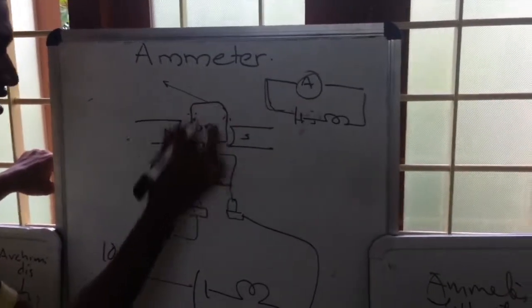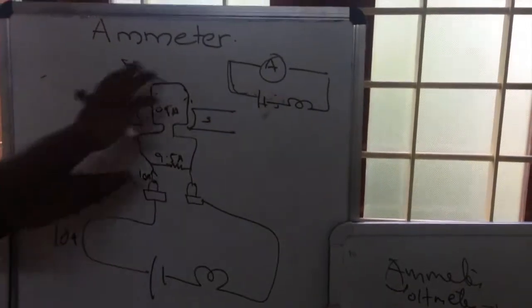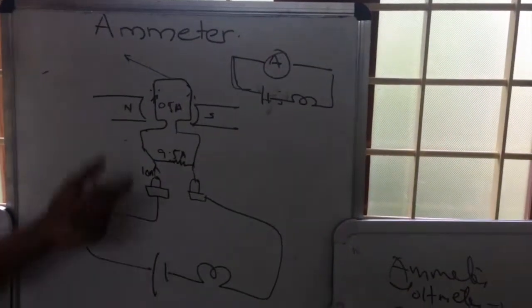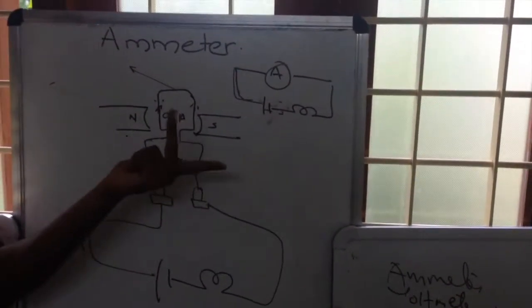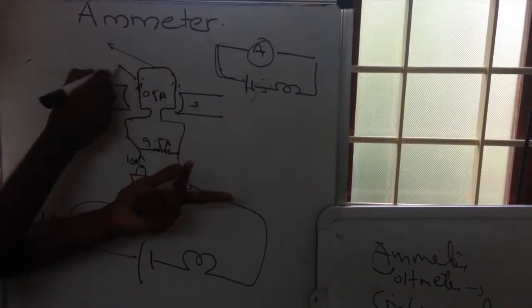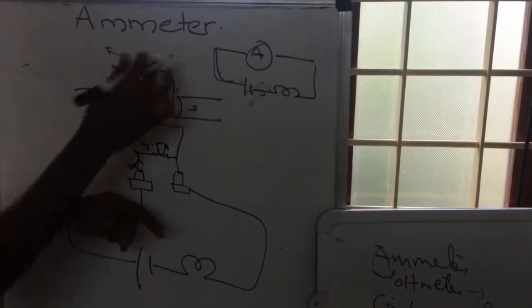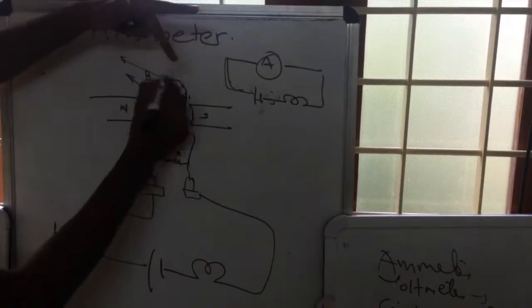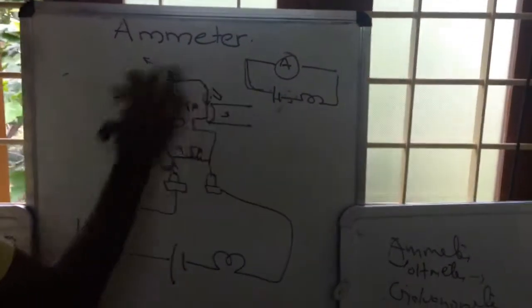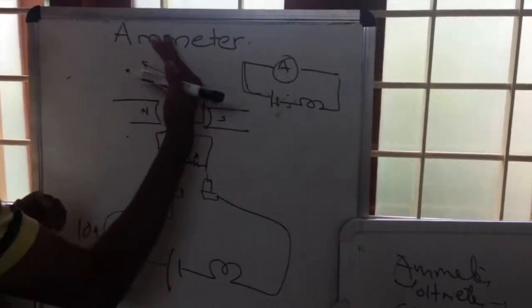And as this is a current carrying conductor in the magnetic field, this current will cause the movement of this conductor in this magnetic field, as a force is exerted on this conductor, and that can be found out by using Fleming's left hand rule. This is current, this is field, so that the force is acting in this direction in the coil, say AB. But here the field is like this, current is going downward, so that force is acting outward, so that a couple is formed and the coil gets twisted. When this gets twisted, this needle moves.